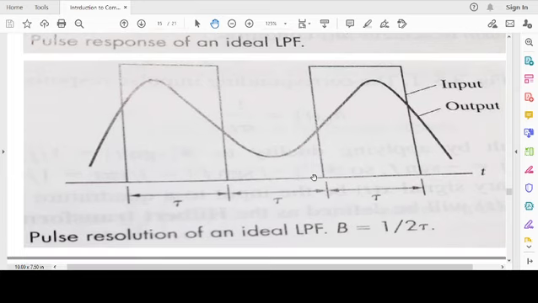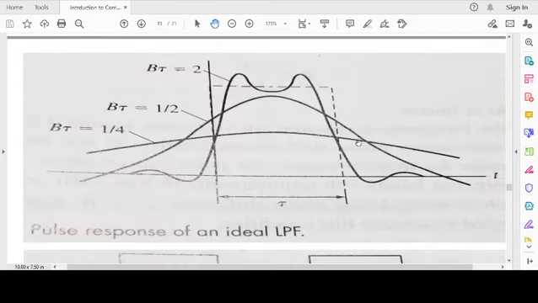Now, for the case of Bτ equal to half, if you have two pulses, one and another, with spacing 0, 1, let's say a digital signal 101, what do we have when it passes through a low pass filter? We have an ideal low pass filter with the choice where we want to barely detect a pulse. You see, it looks like this. For a single pulse, it would look like this, and the maximum would have been at the center.